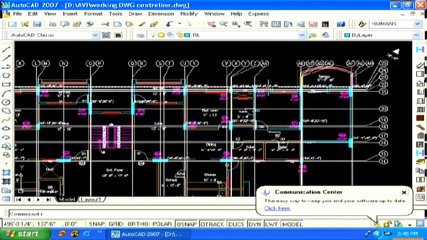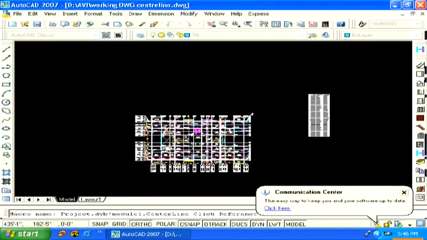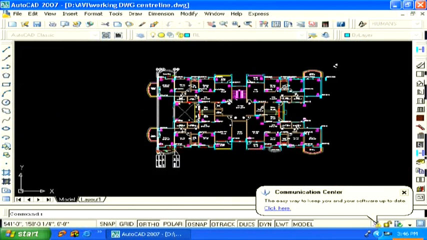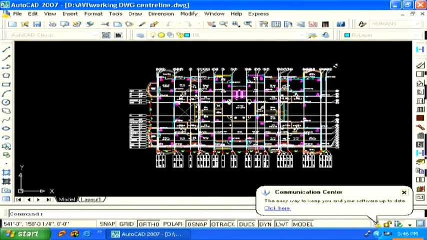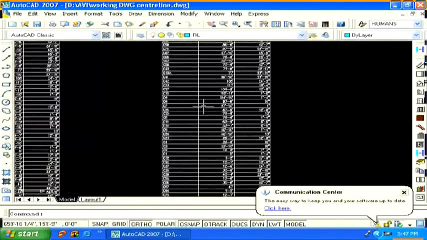Another facility here is, if you move a column, relocate a column or modify some part of the drawing, the modified centerline can be again generated in a few seconds. Amazing, isn't it? Now, after centerline generation, I will show you other benefits of PC Architect 2D.